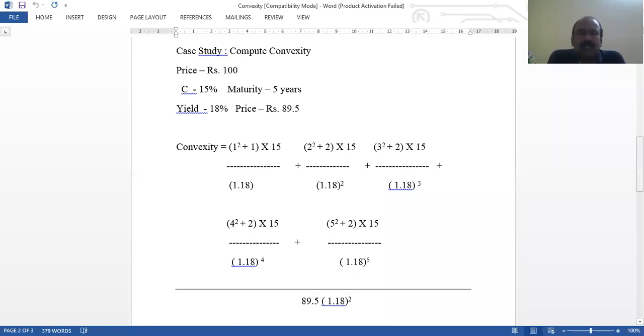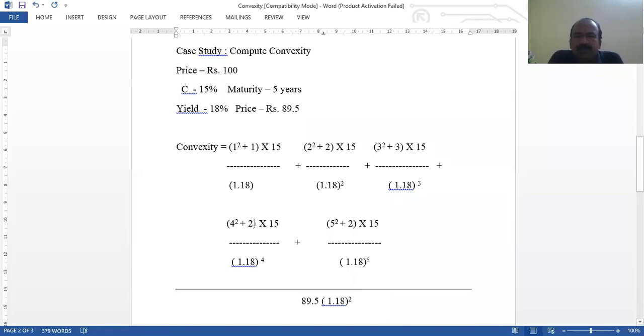1 square plus 1 into 15. 1 square is the t square, plus 1 into 15. 15 is the coupon interest payment, 15% of 100, whole divided by 1.18 power 1. That is for the yield, (1 plus y) power t. Then plus 2 square plus 2 into 15 divided by 1.18 power 2. Plus 3 square plus 3, yes, 3 square plus 3,